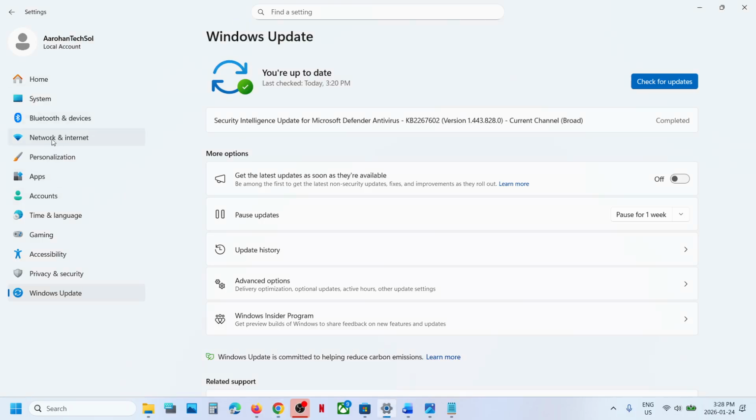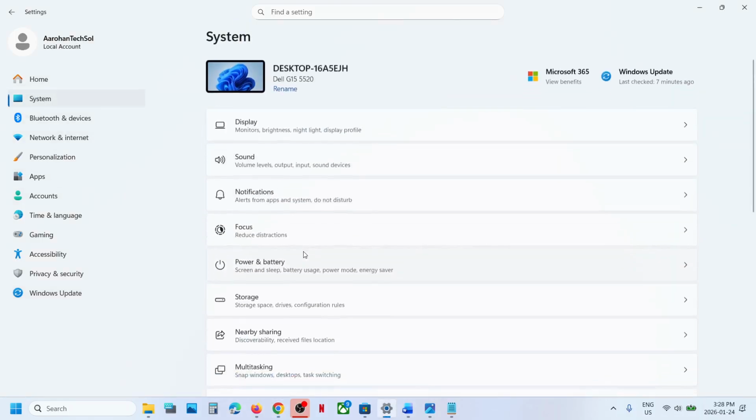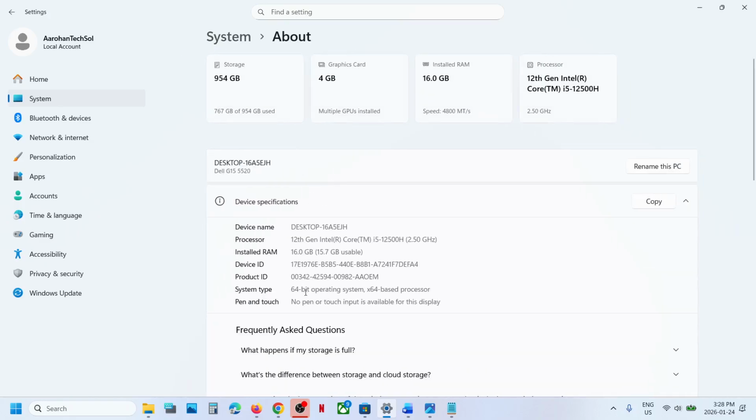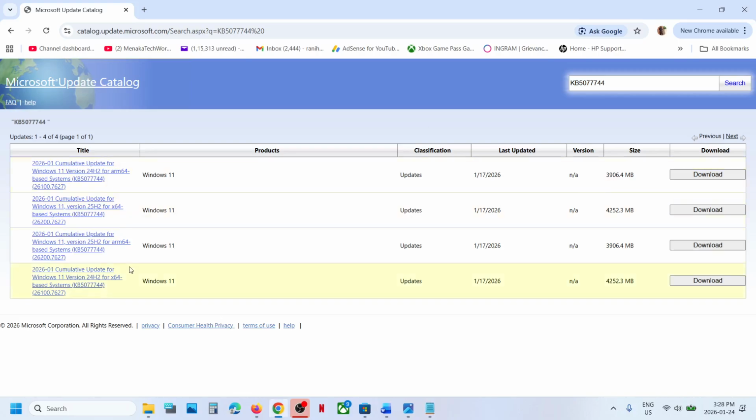Open Windows settings, go to system and then scroll down, go to about option. Over here in my case it's 64-bit operating system, x64 based processor. So for me it's Windows 11 version 25H2 x64 based system. If you have Windows 11 version 24H2 x64, then this is the right one for you. For me this is the right one. And then click on download over here,